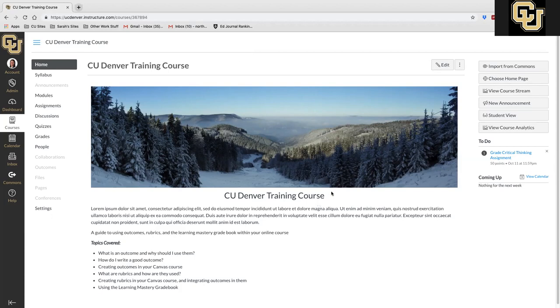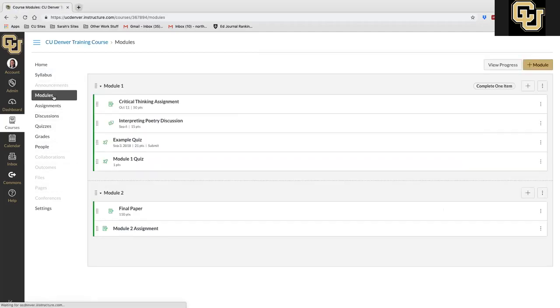So this should look like a course that you have in Canvas. Has everyone been in Canvas at least at some point before, as a student previously? Okay. As an instructor or a TA, you're going to see some different options. So we're going to jump into modules, and I'm going to click on an assignment that I already have created. This is a critical thinking assignment, this first one. So when I click on that,